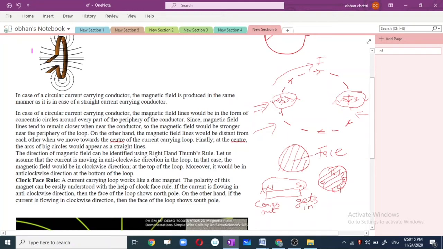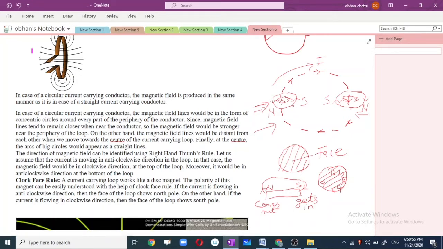Now if we apply the concept of the bar magnet we just discussed here, you can see here the arrow is passing in, and here the arrow is coming out. Coming out is north pole, right? Coming out is north pole and passing in is south pole. So here also passing in is south pole and coming out is north pole. So I think it's clear. You can follow the arrow so that you can determine which one is south pole and which one is north pole, right?